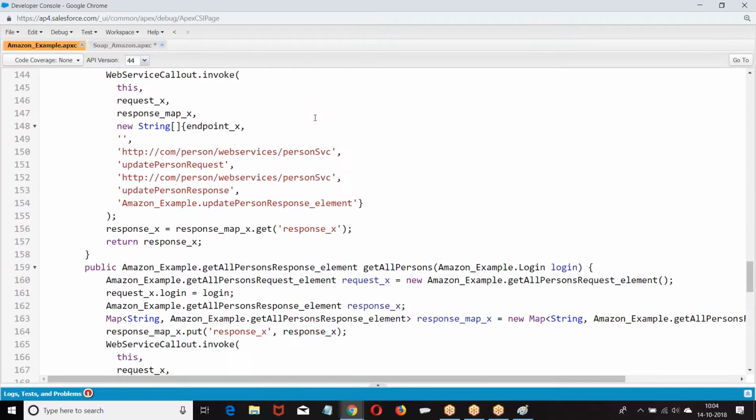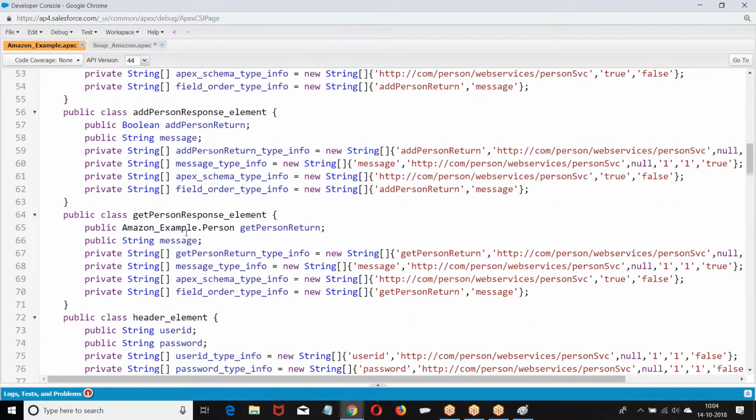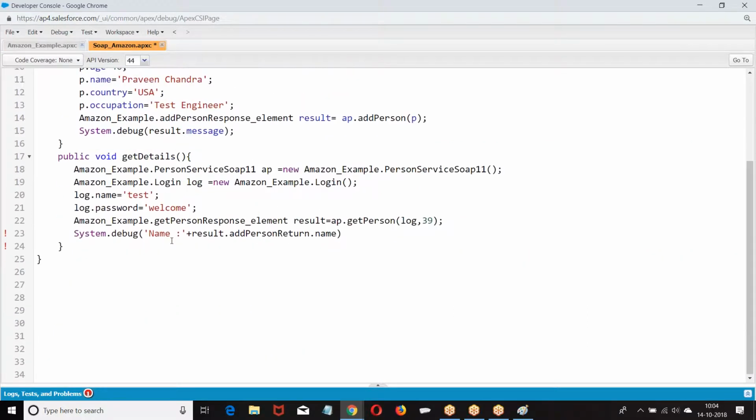Get person response element. Go to this. It is a wrapper class. Get response element. Here we have get response return. We need to understand the classes, the return type, what type of data they have. Basically, it's all about understanding your wrapper class structures.